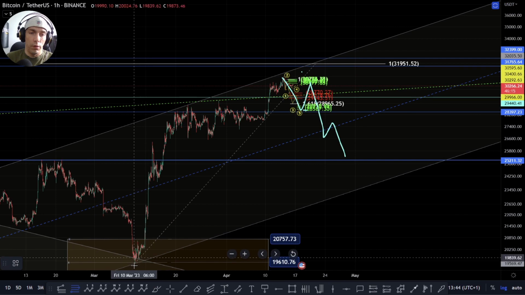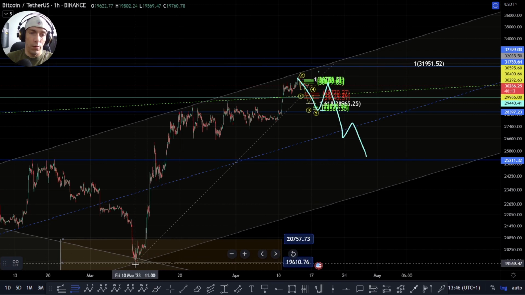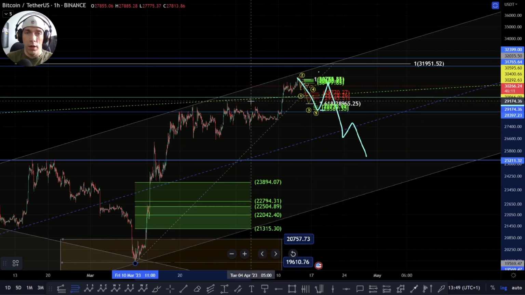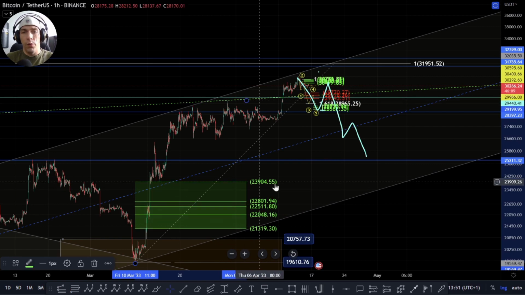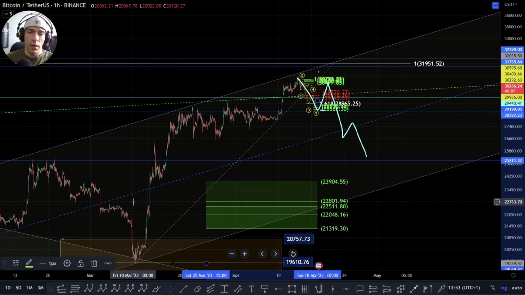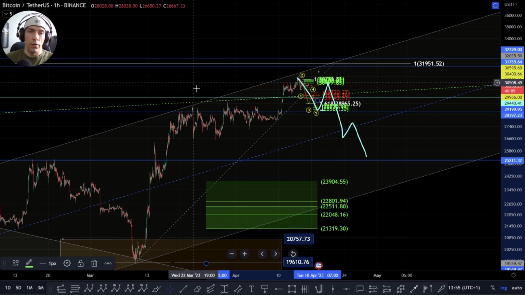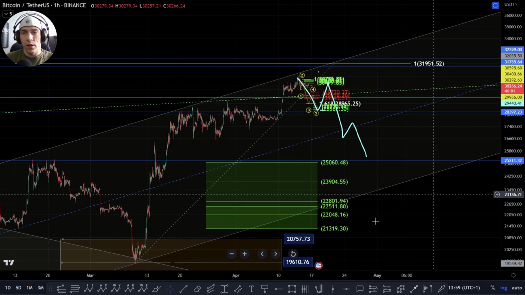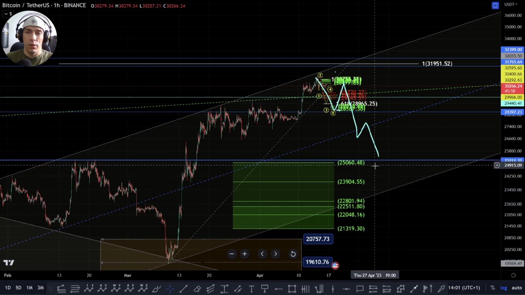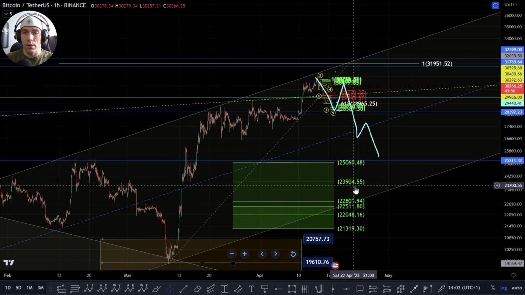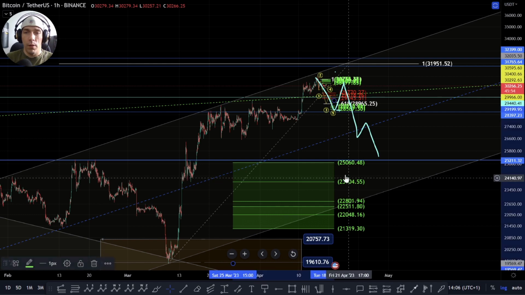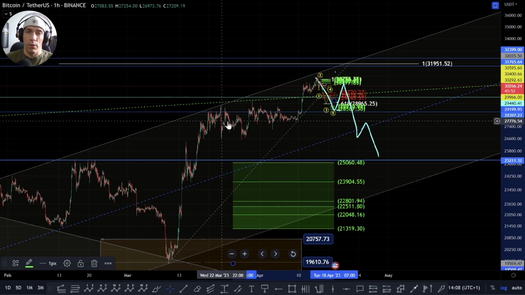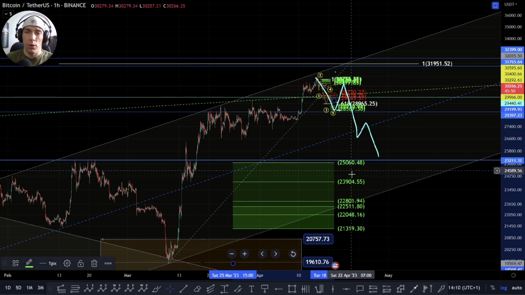So I'm going to go over those lower support zones individually. If we complete into this high here, where we actually have this as a bigger flat correction playing out, what I would be looking for as a target potentially would be between this 25,060 to this 23,904. If, however, this is an extended wave 1 and we have this move completed into the high over here,